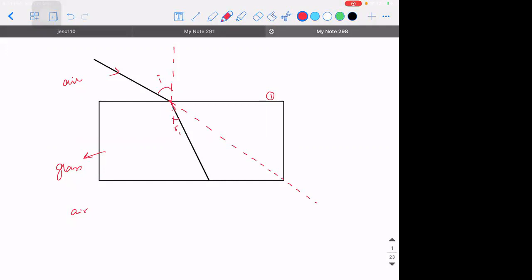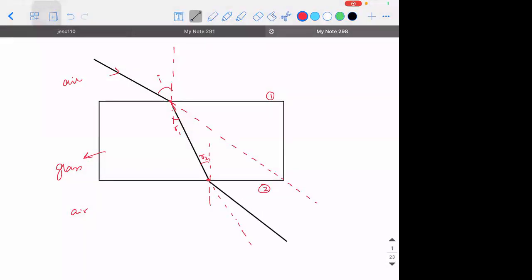Let me call this R. So it is hitting the second interface. Let me call this angle R2. Had this boundary not been there, it would have traveled in a straight line path. Now what will happen? Since it is traveling from denser to rarer medium, it will bend away from